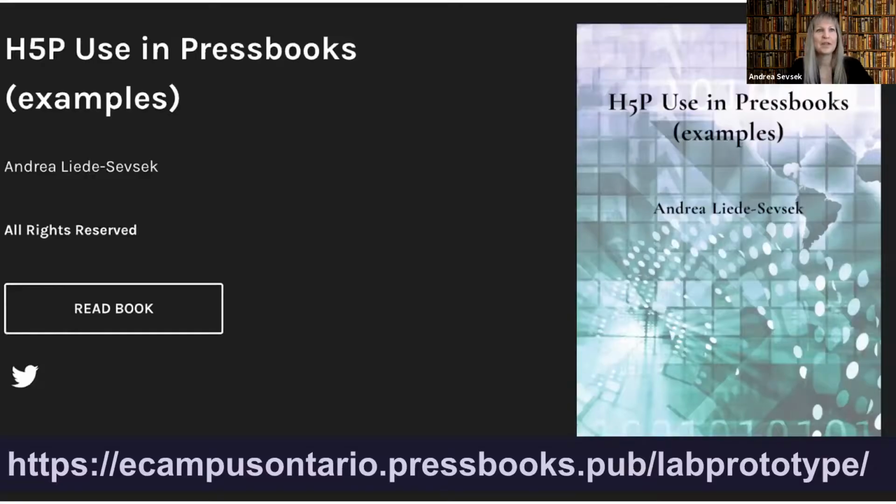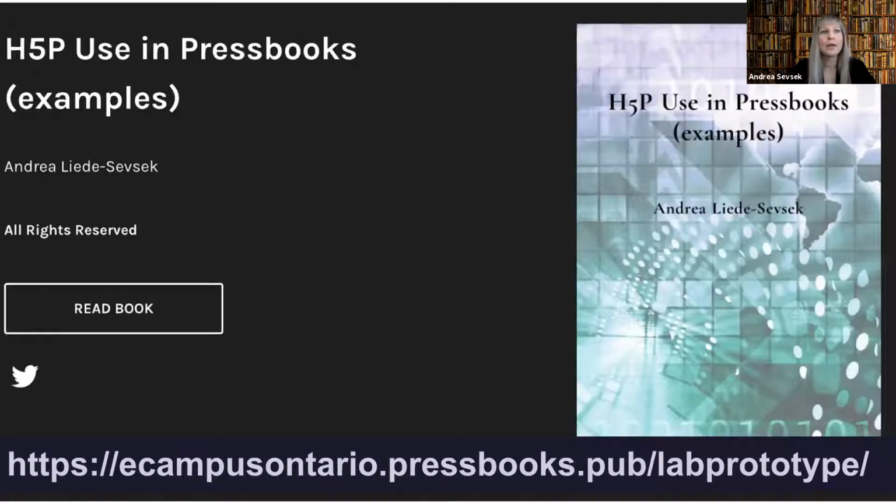Next slide. So here it is. Here's the webbook that I created to highlight some examples of H5P interactive content. It's still a work in progress and set to private and all rights reserved for now. But if you want to reuse it, if you want to explore it, go right ahead. The cover's pretty rough too. I'm sharing it with you to showcase what can be done with H5P and Pressbooks and to hopefully spark some